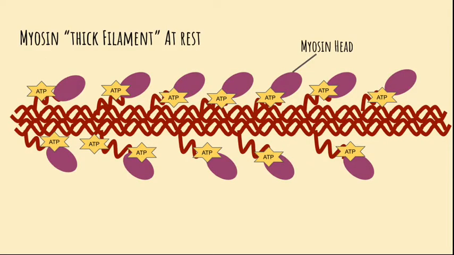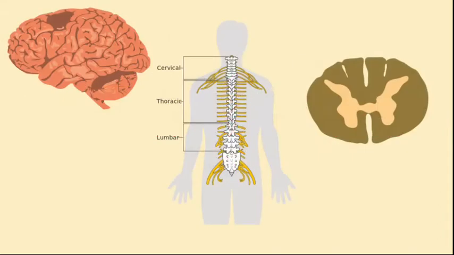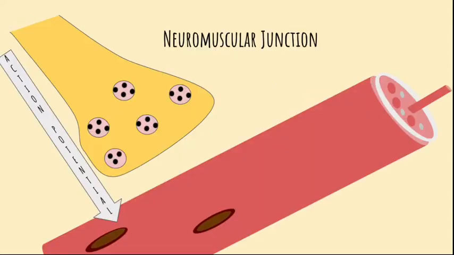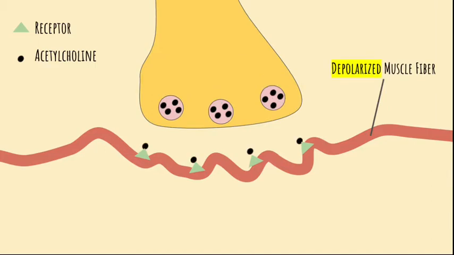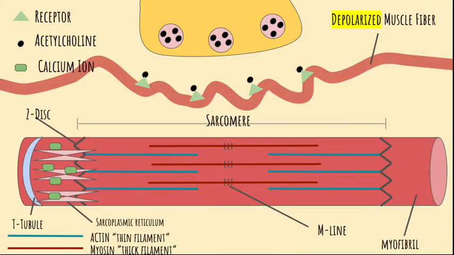Now let's get to the actual contraction phase. Depending on whether or not you're getting a signal from the brain or spinal cord, the signal will go through neurons to a neuromuscular junction. Acetylcholine neurotransmitter molecules are released from a neuron and bind to receptors on the muscle fiber. This binding depolarizes the muscle fiber, and an electrical impulse travels through the T-tubules and opens stores of calcium ions